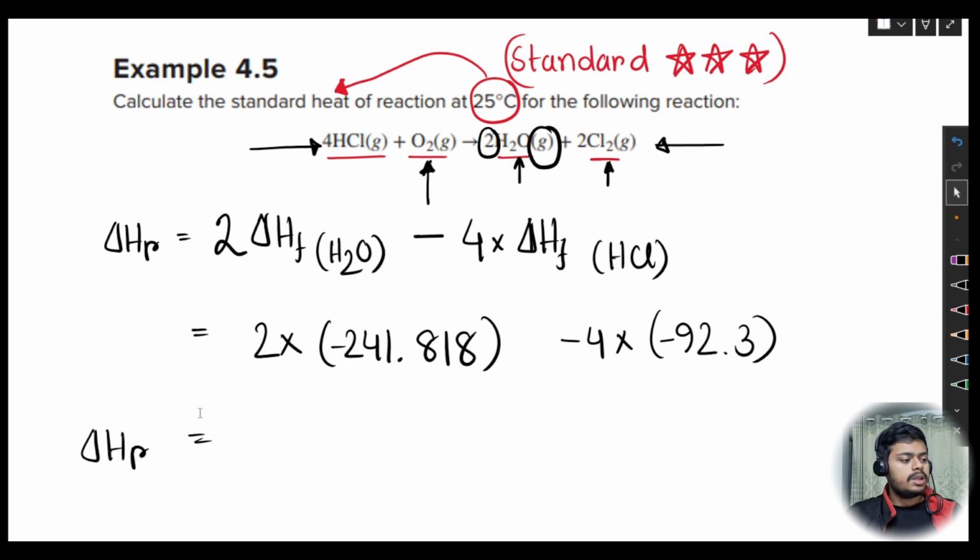Okay, so in the next video we're going to talk about how to calculate heat of reaction in conditions other than the standard reaction. Okay, until then,